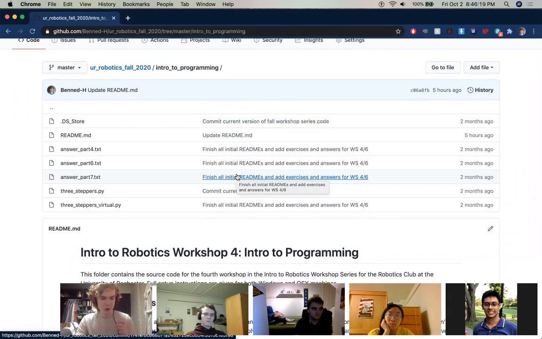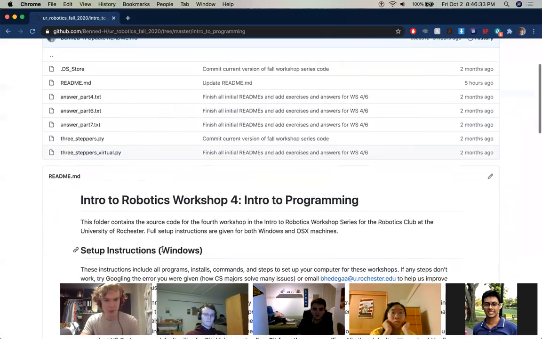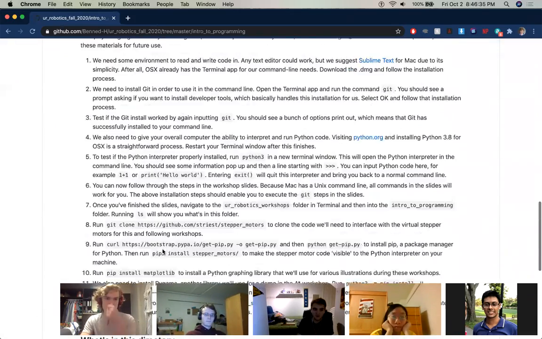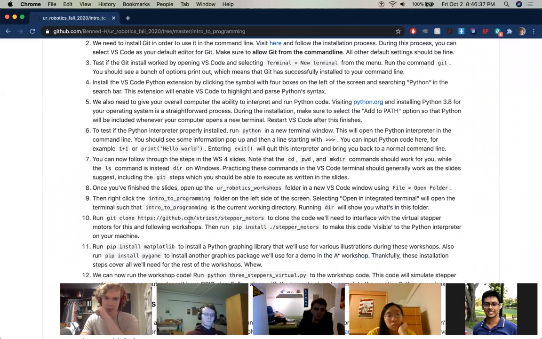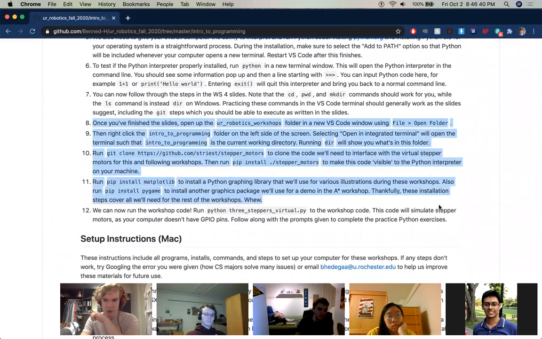we call this intro to programming. I think there are two ways to learn programming. There's first just reading to understand syntax, and well, there really are three parts. There's the ideas, which I think we've somewhat covered. There's reading to just see what syntax looks like, and then there's writing to get practice applying that. I think we've done the first two, and we have exercises here which get us to the final. Maybe the first note is if you haven't, you should now be able to finish these setup steps for the workshops,